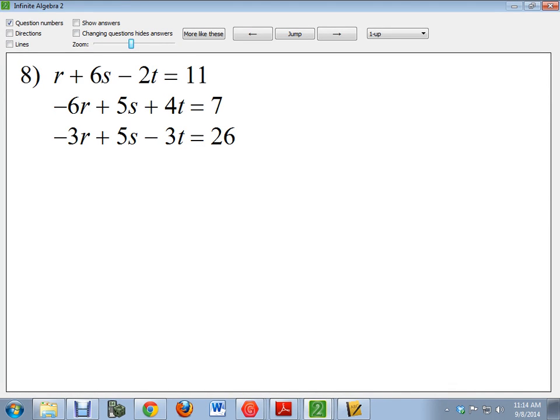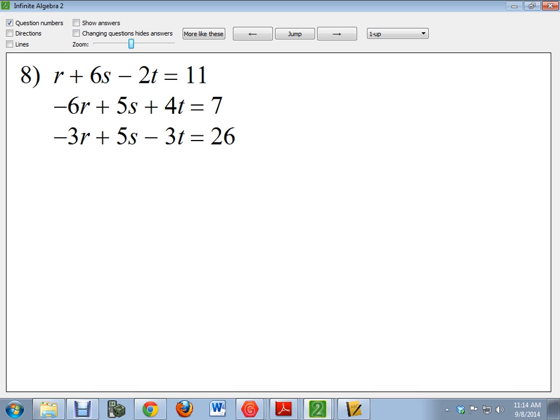Hello, today what we did is we talked about systems of equations with three variables. Now the goal of this is to get all the variables known. We need to know what r is, what s is, and what t are. When we have three variables, we're going to use elimination, and we're going to start by picking a letter to